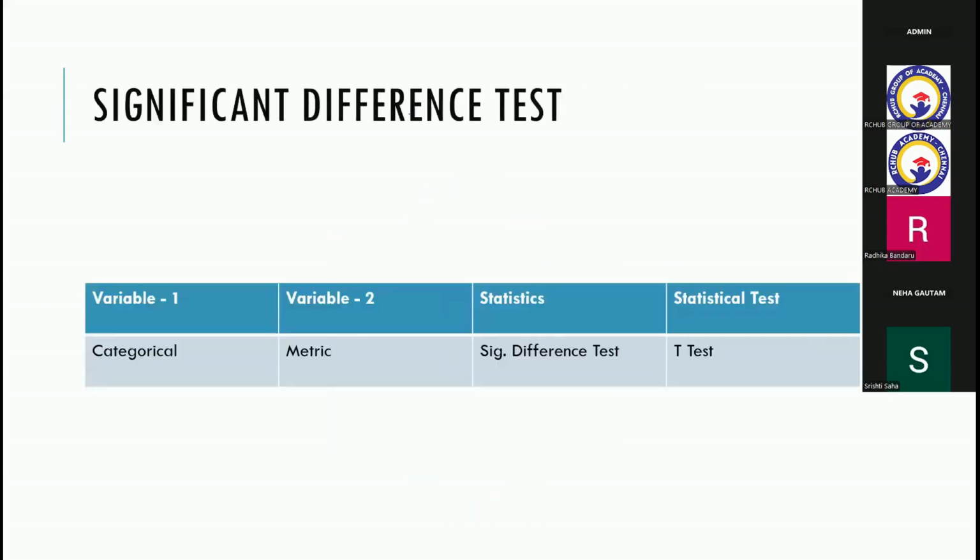Then comes significance difference test. What is significance difference test? When one data is categorical in nature and another data is metric in nature, at that point of time, we will be doing significance difference. Say, for example,